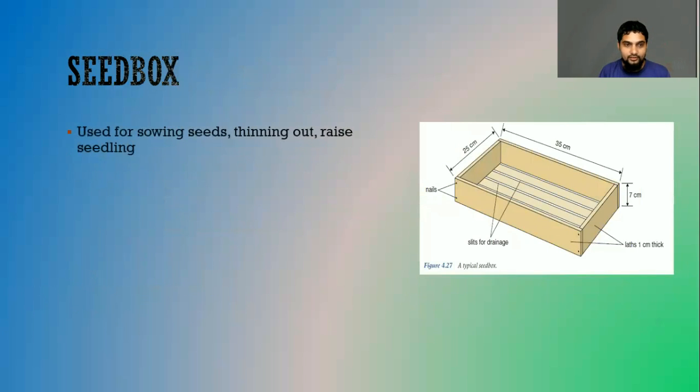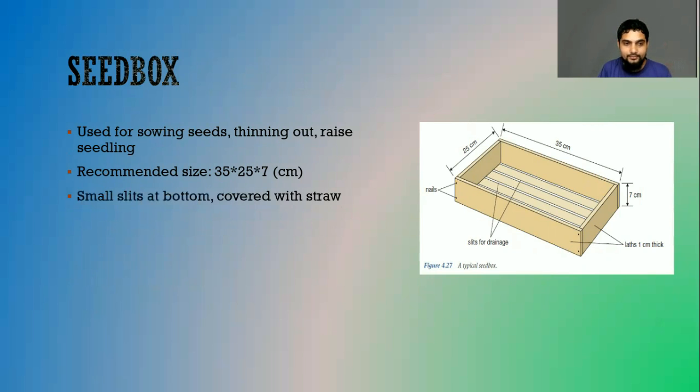So, seedboxes. Seedboxes are used for sowing seeds, for thinning out seedlings, and then to raise a seedling to a certain stage before you transplant them. There's a recommended size that you can use to make your seedbox, and the recommended size is that the length should be 35 centimeters, the width 25 centimeters, and the height 7 centimeters, and that is shown in the